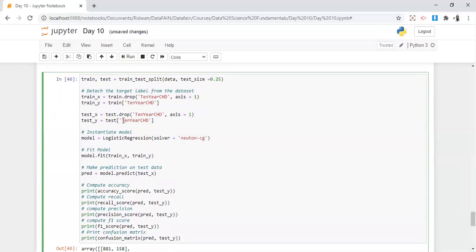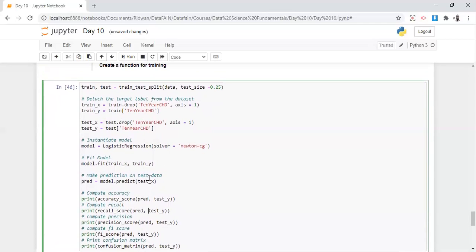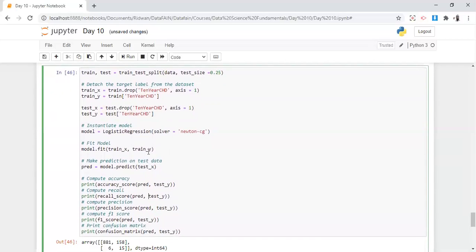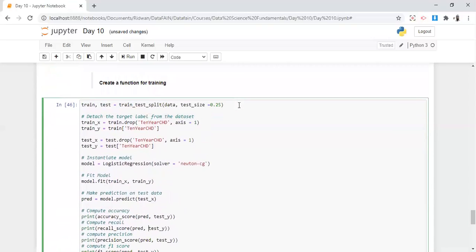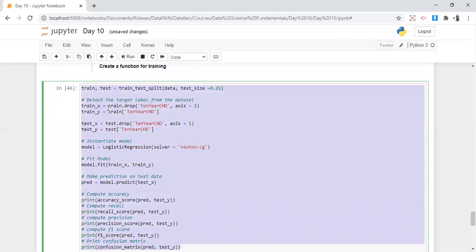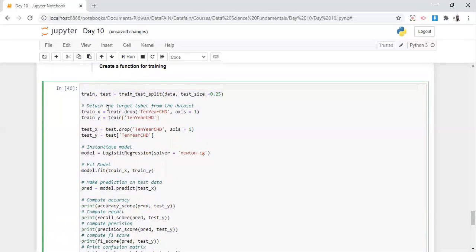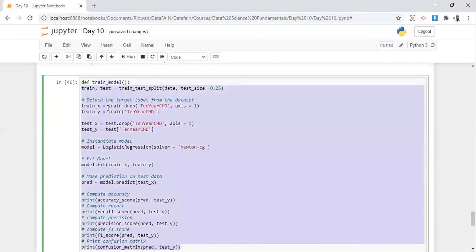Okay, now we said we want to put all these into a simple function. Now let's look through what are the things we may want to change here. Let me just assume there is nothing we want to change for now. So I am going to move this down and define my function as usual. Def train model. I don't have any parameter yet because I've not decided. So I have to indent all these